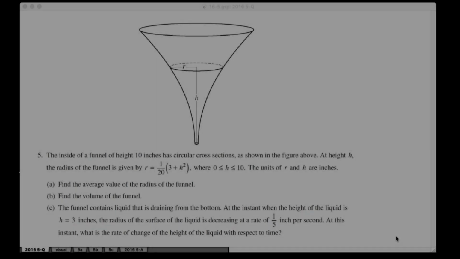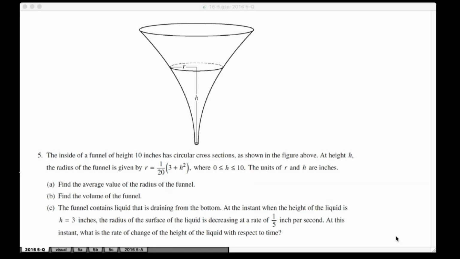This is Calculus AB 2016 AP exam question number 5. Okay, let's just read the full question. It says the inside of a funnel of height 10 inches has a circular cross section as shown in the figure above. At height h, the radius of the funnel is given by the formula, and the height goes from 0 to 10. In other words, you can see that when down here, when the height is 0,